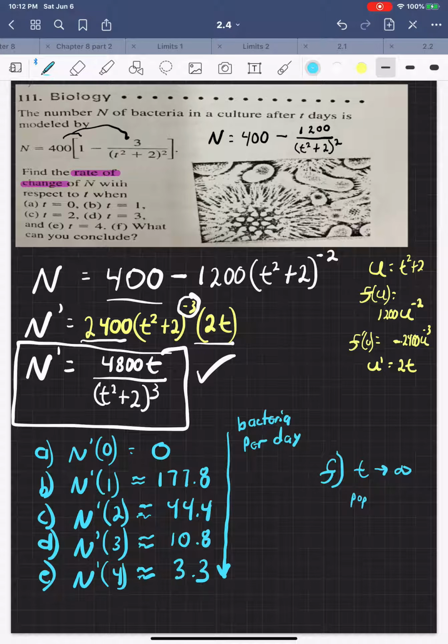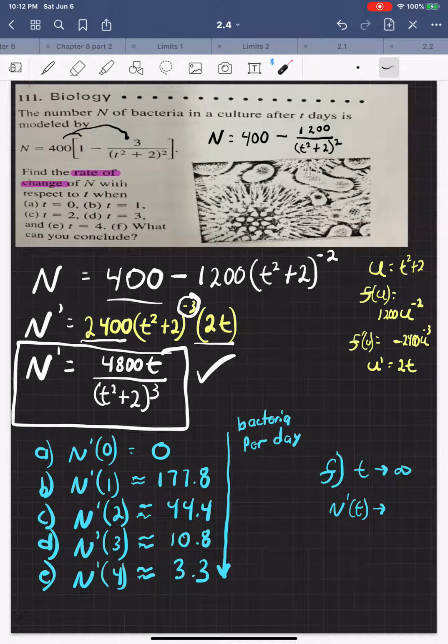Well, you could say not the population, but the rate of change of the population. So n prime of t is approaching, well,